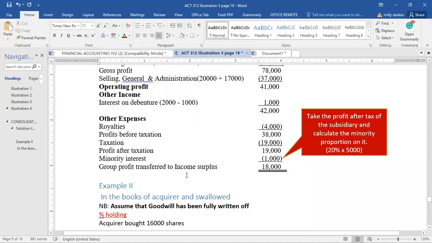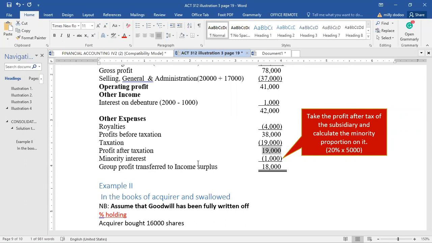And so therefore, whenever you get the final profit here, you look for what we call the minority interest. You look for the minority interest. And so therefore, if H is owning 80% of S, then automatically it means that minority is also having